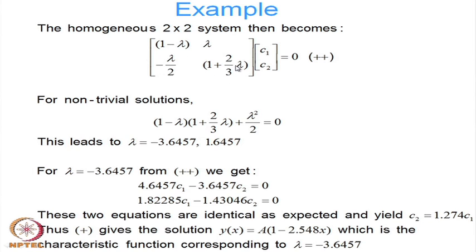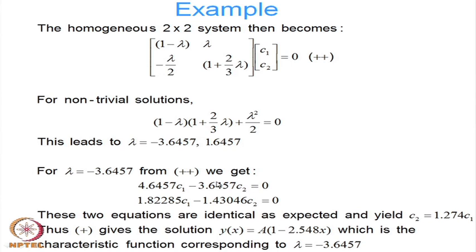It's a 2 by 2 system. Again, for it to have non-trivial solutions, the determinant of that coefficient matrix must vanish. That gives me my characteristic equation for lambda. I solve for lambda, it's a quadratic, so I can easily solve it, and I get lambda in this case equal to minus 3.6457 and 1.6457. If I substitute lambda equal to minus 3.6457 in this equation, I get these two equations,